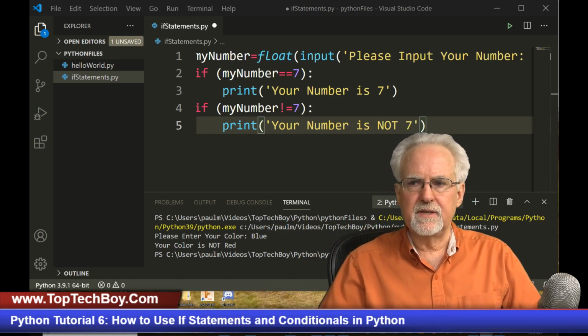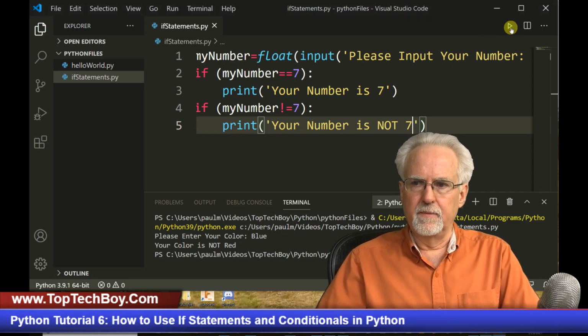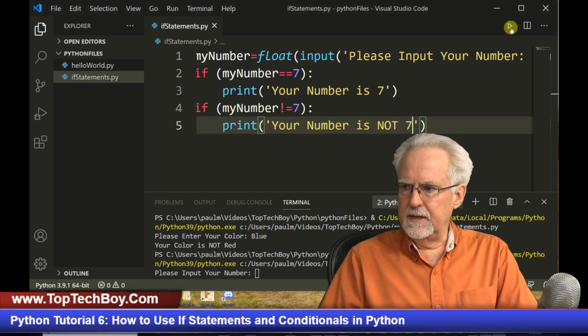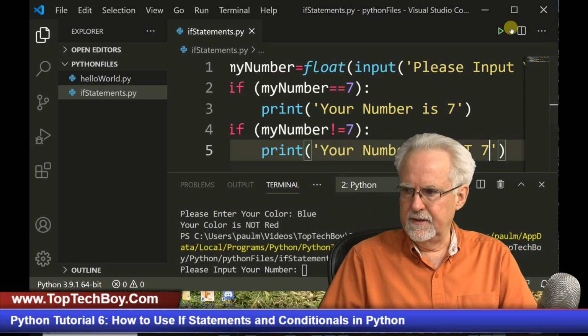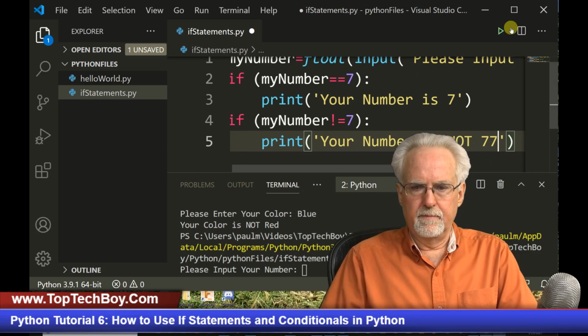Okay, so let's run this. It's just going to see if the number is 7 or not. Please input your number, and I'm going to make it a little bigger down here. Okay, please